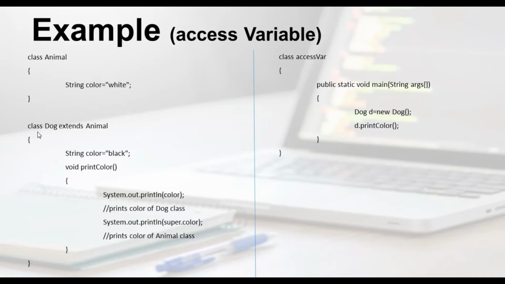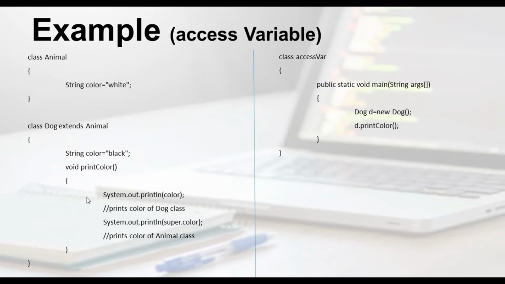Now again, one more class is class Dog extends Animal. Why extends? Because I have defined an inheritance relationship over here. Means through an object of Dog I can access all the variables or methods of the Animal class also. Now in this Dog class I have defined one variable as String color is equal to black. Now the variable name is the same in both the parent class and the child class. Now void printColor means this is a method of the Dog class. When this printColor method is called, the output is defined inside these two curly braces.